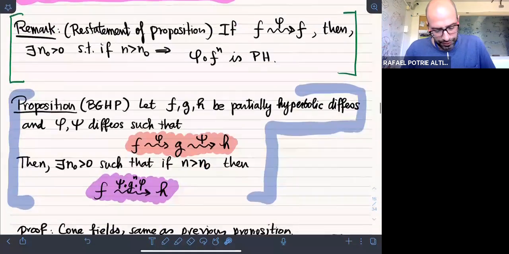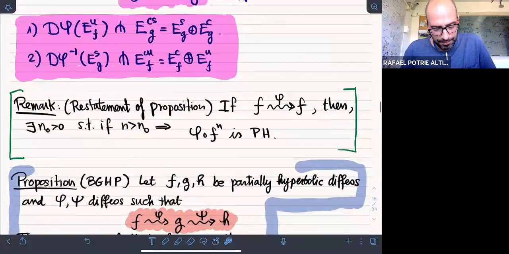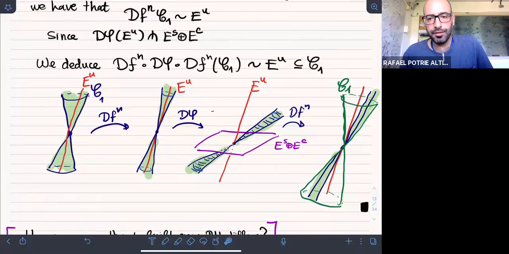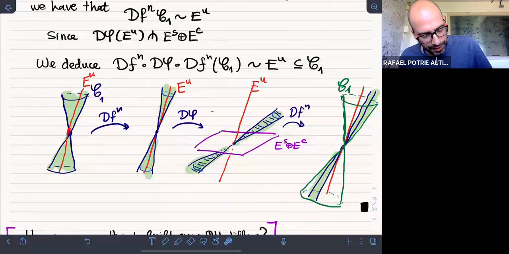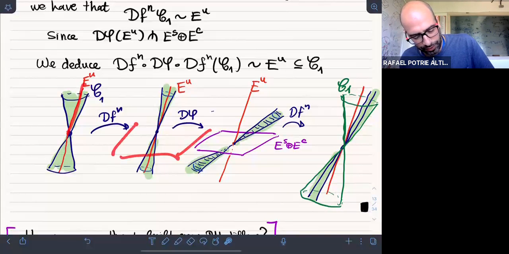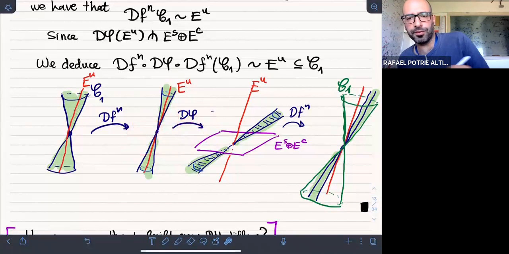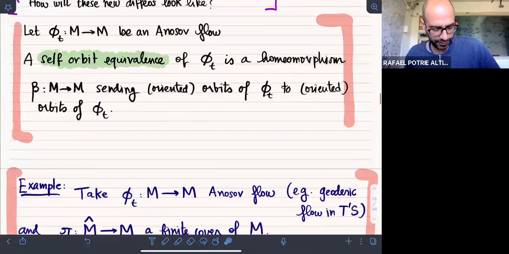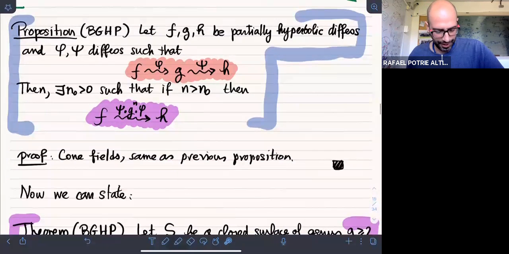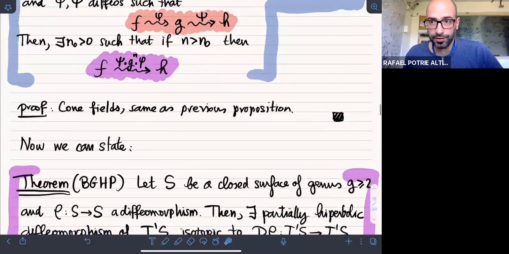And then the reason you can compose is exactly the same game as we did here, because the unstable will be mapped transverse to the center stable, and then if you apply psi long enough, the bundle will approach the unstable again, and then it will become transverse to the other one. So this is really an exercise. It's the same proof as we did, but it's a very important remark,